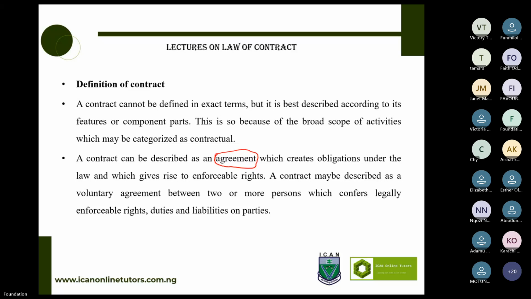Okay, sir. My own opinion about this is that even though there was a written agreement, personally, I don't think it's a contract. It's just an agreement between the two parties. And why I said it's not a contract is that there is no legal enforcement of rights or whatever on that aspect. So I think it's just an agreement. If the wife tends to sue the husband, she might not be able to win the case.